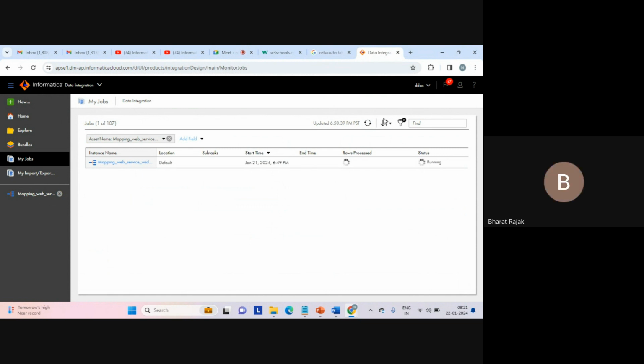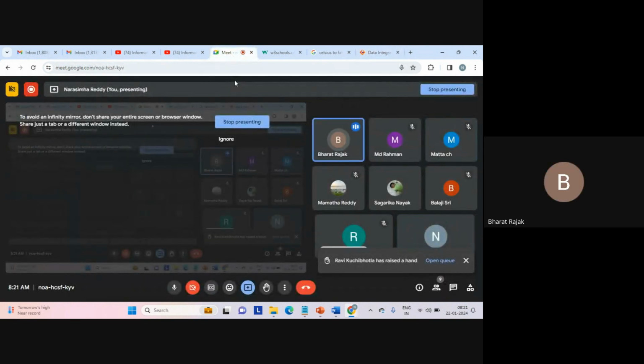Narasimha, you are directly running the mapping. So there is no concept of workload or workflow session in the cloud? Yes, it's there. That's a good question. So, Bharat, to answer that question: